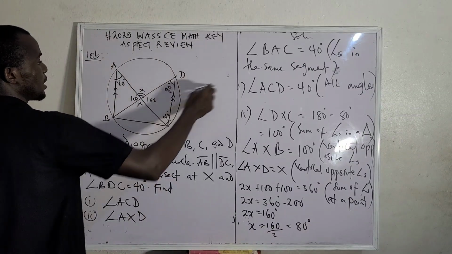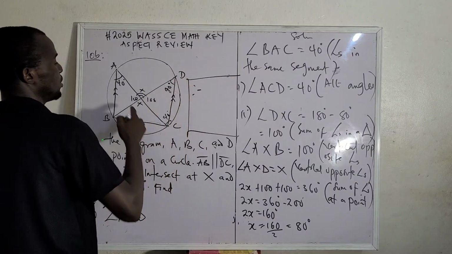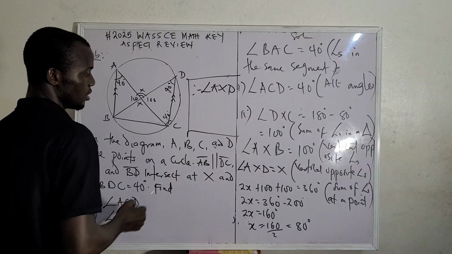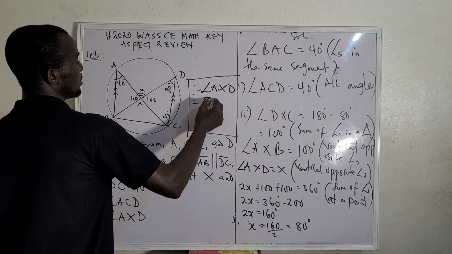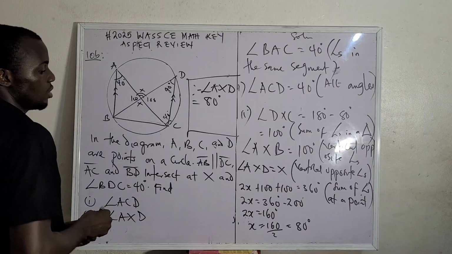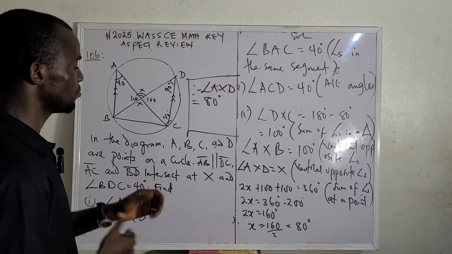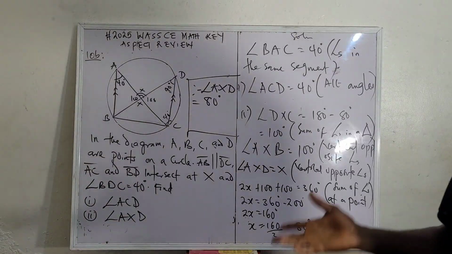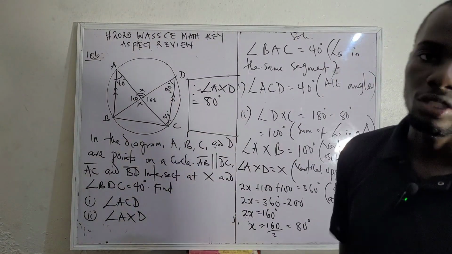So what can we say? Therefore the angle AXD equals 80 degrees. All right, so that is what we are going to have, and that's the whole thing. This one is just to understand the correct theorem that applies to the question, and then